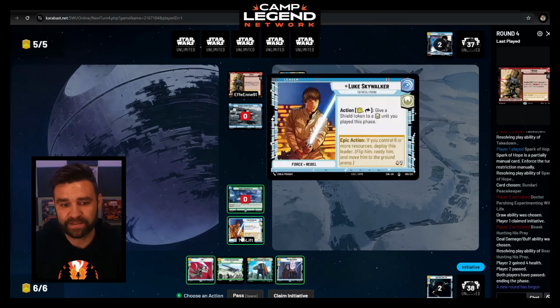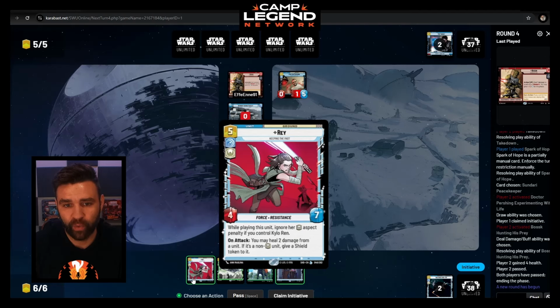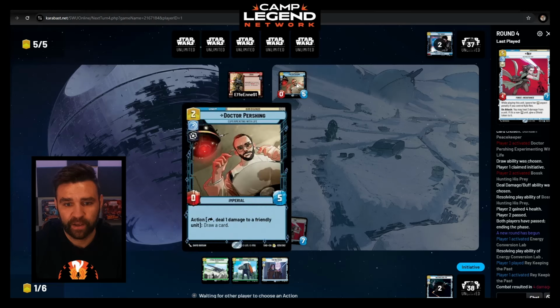I think in this case, we're actually going to Energy Conversion Lab here, because we're getting to the point we're going to be top end of it. Do we Energy Conversion Lab the Obi-Wan Kenobi or the Rey? I think we're going to go ahead and Energy Conversion Lab the Rey, just finish the attack. And oops,